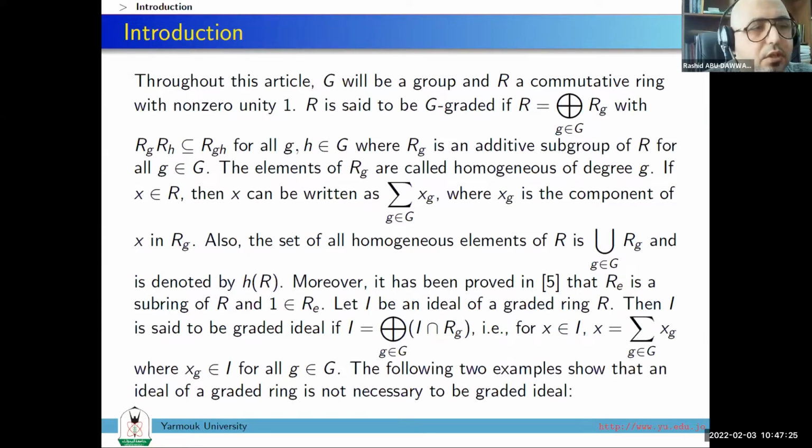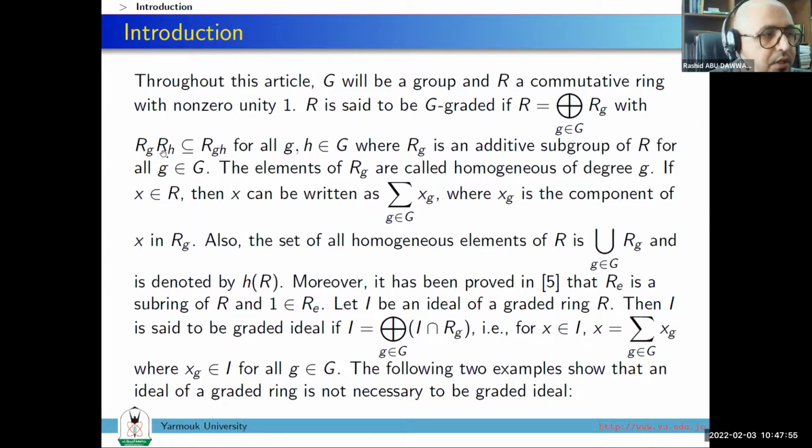Throughout this article, G will be a group and R a commutative ring with non-zero unity. R is said to be G-graded if we can write R as a direct sum of components, R sub G. The R sub G are additive subgroups, and they should satisfy this condition: if we multiply, and this multiplication is the usual multiplication of the ring,